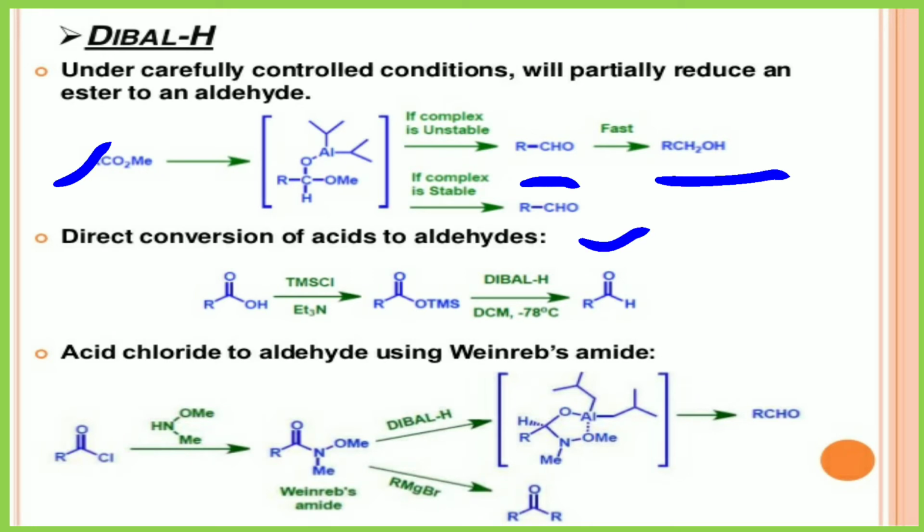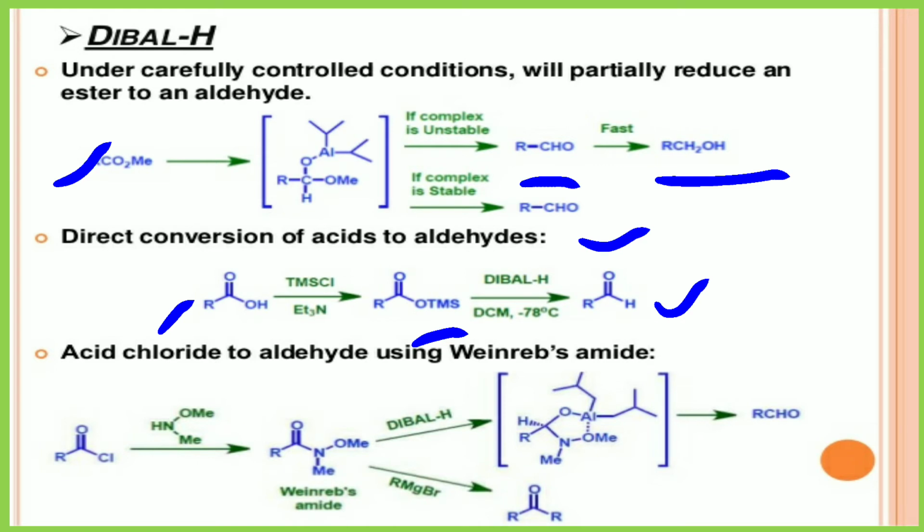the alcohol. Next reaction is the direct conversion of acid to the aldehyde. That means first of all, this acid is treated with the bulky compound TMSCl, which attacks the oxygen, and there is a formation of RCOOTMS. Then this DIBAL is reacted with this compound, and there is a formation of the aldehyde. Also this acid chloride to aldehyde conversion can happen using